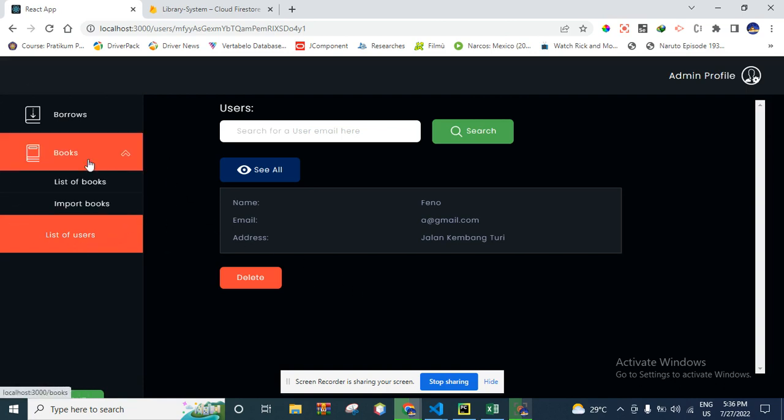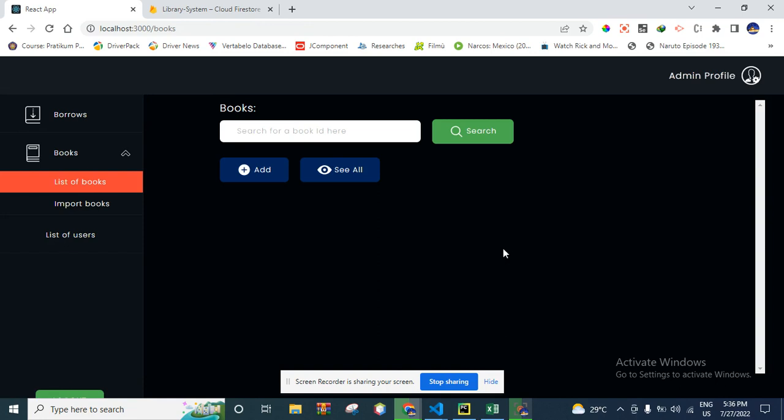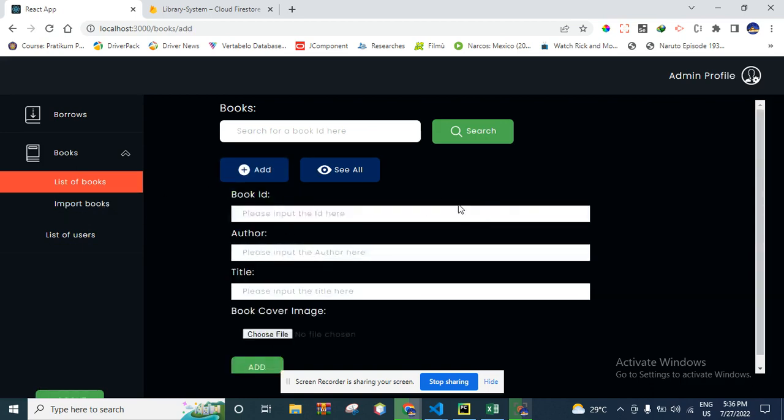Now, when we go back to books and see a list of books, when we see all, there are no books. So first of all, let's create a new book by adding. And when we do that, let's create an ID, let's say 25, for example. And the author, let's say Khalil Hessman,